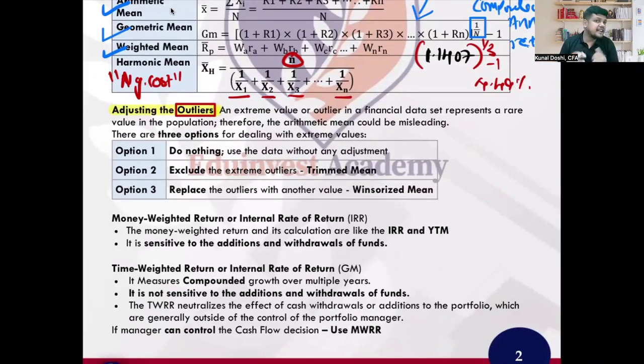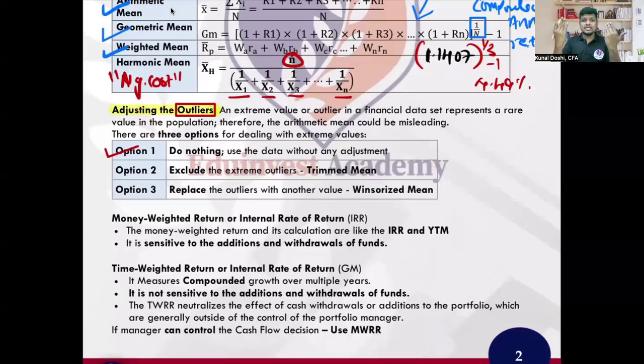And when you look into financial data, these outliers can completely change the outcome. So are these outliers a constant thing? No, they are rare events. They are unusual events. So as an analyst, when we analyze the data, we need to adjust these outliers. How do I adjust these outliers? Number one, either ignore them or adjust them. When you adjust them, there are two methods which we are going to see in detail later on.